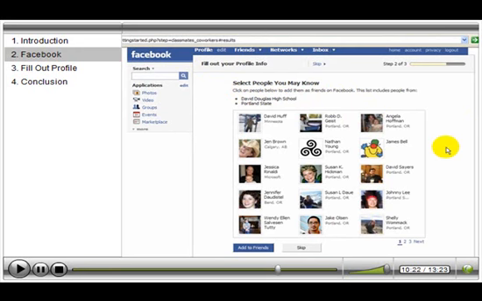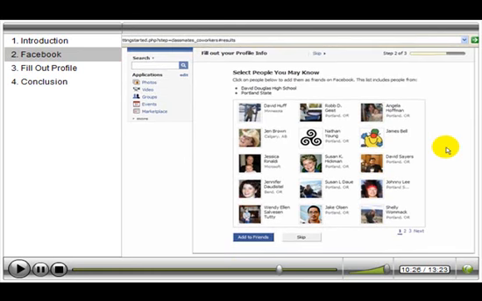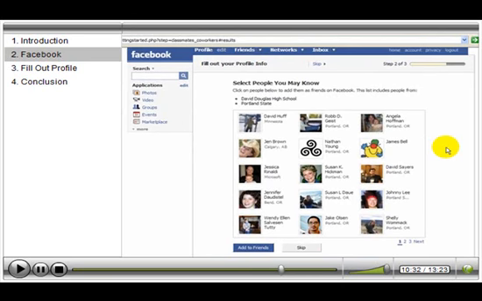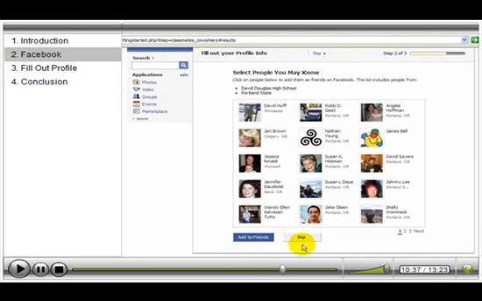I'm going to go ahead and skip this step, but you may want to pause the tutorial and look through that. And if you wanted to, now or in the future, you could click on them and make them your friend. For right now, for the purposes of moving you forward, let's go ahead and just skip this step. But you could pause the tutorial and take a look around and see if you see anybody you know. It's quite interesting. I'm going to go ahead and hit skip for now, just so we can move through this